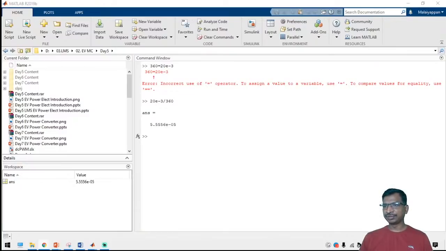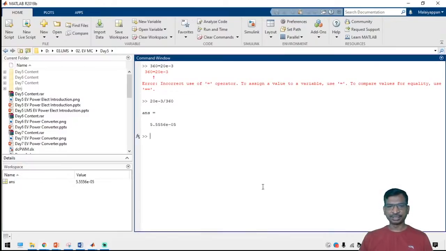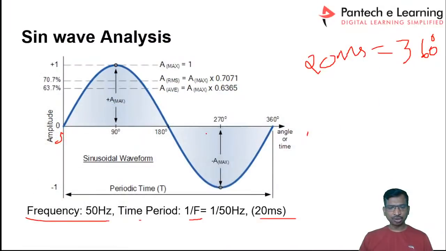You can define. Right. So now let's move back to the topic. Half of the cycle will be 10 milliseconds and the full cycle will be 20 milliseconds. Similarly, the maximum voltage, the peak amplitude, will be A max.